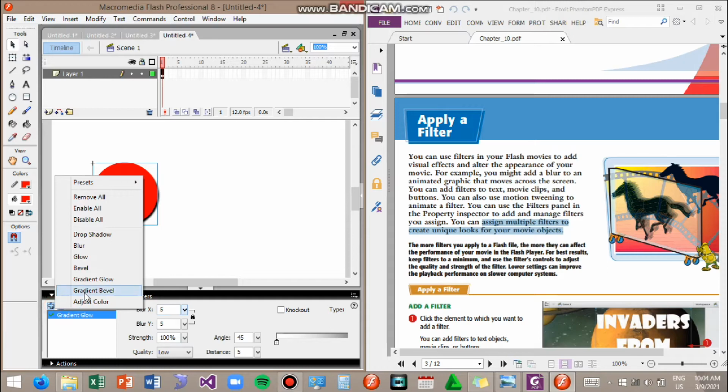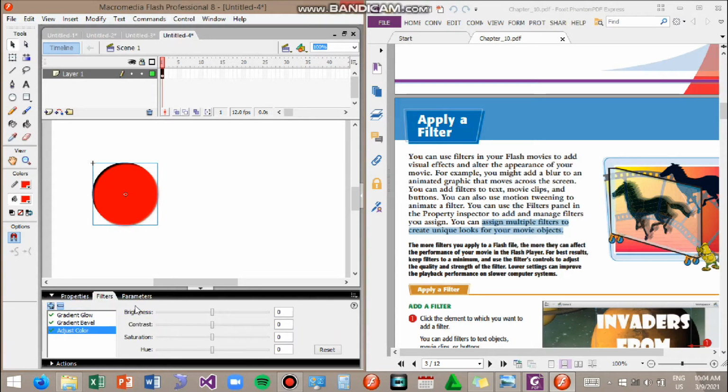You also have your gradient bevel, and we have adjust colors. With adjust colors, you can adjust the color of your symbol. As I said a while ago, you can also place multiple filters on one object. So that's how you use filters in Macromedia Flash.